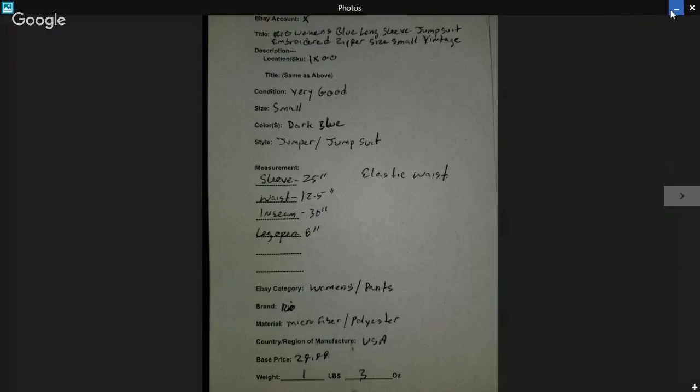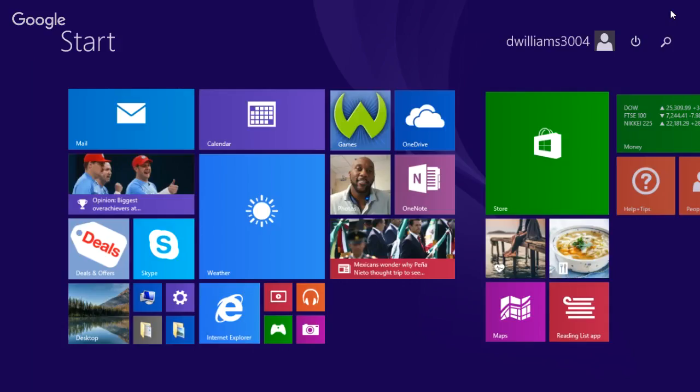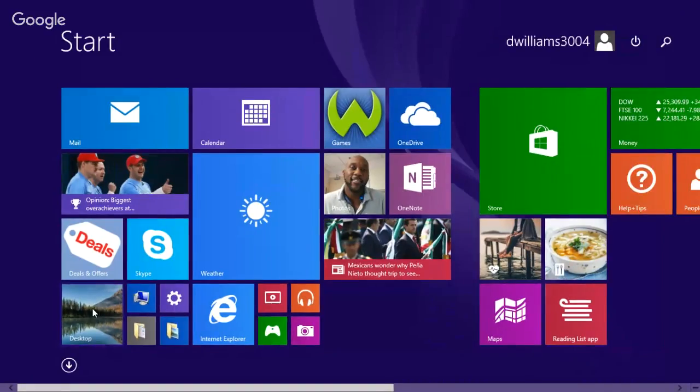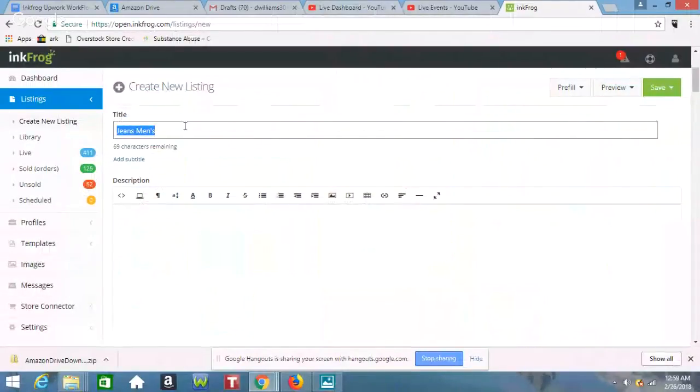So this is what you're going to use to put in the title. I'm going to kind of free form it because I kind of know what I want to put in there. But basically, this is what you're going to use to fill in the title part on Ink Frog. So you go back to Ink Frog, and this one says Rio Women's